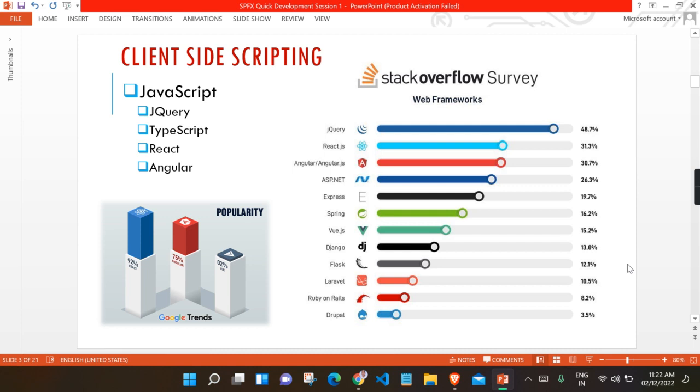Having said that, we are moving on to other things apart from jQuery. jQuery we are using for getting the data, reading the data, iterating the